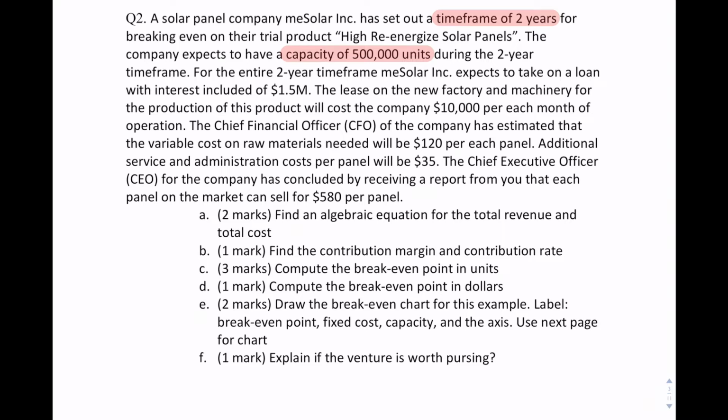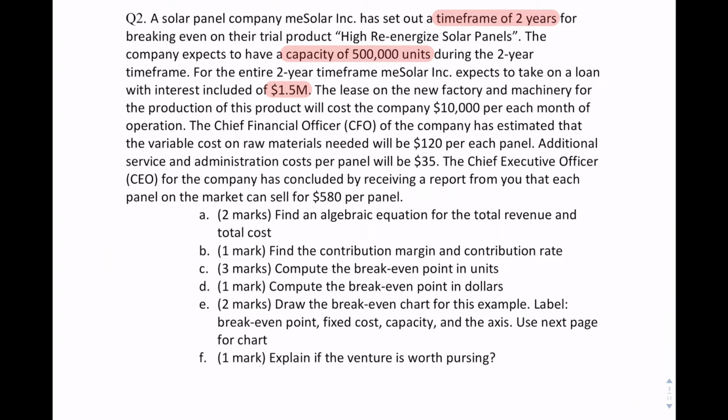For the entire 2-year time frame, meSolar expects to take on a loan with interest included. So we have a loan with interest already included in it, so we don't have to calculate anything. That's 1.5 million. That's going to be a fixed cost, because it won't change during that